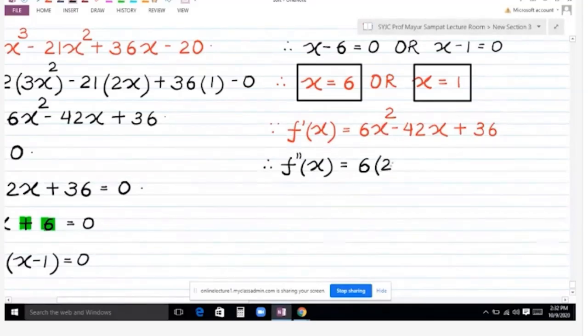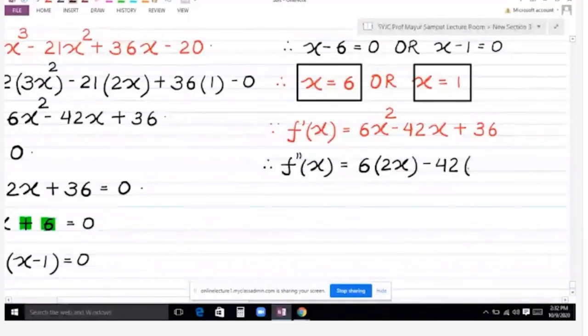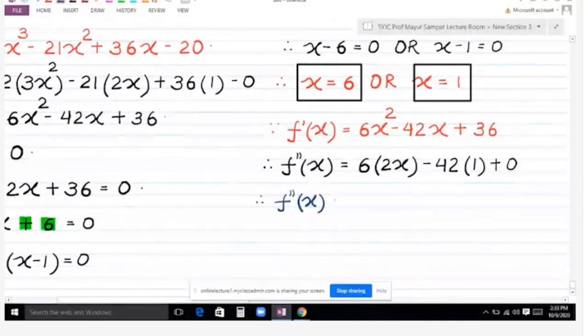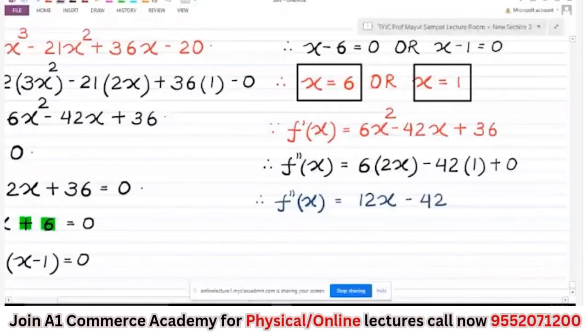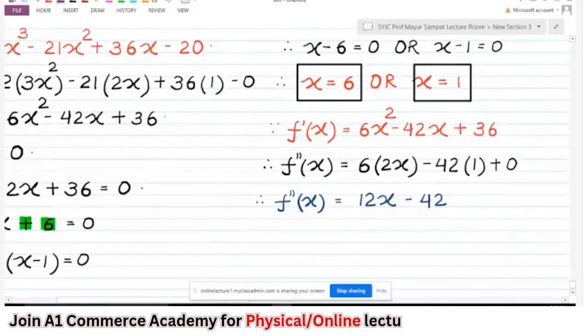6 into x square का डेरिवेटिव, minus 42 into x का डेरिवेटिव 1, 36 का 0। ये देख लो f डबल डैश x का आंसर मिल गया तुम लोग को। The answer बड़ा it will be, ये देख 6 into 2, 12x minus 42। सेकेंड ऑर्डर डेरिवेटिव तक तुम्हें किसी को कोई प्रॉब्लम नहीं है? आराम से आंसर आ गया सब लोग का? है ना, आराम से आंसर आ गया बेटा सब लोग का।